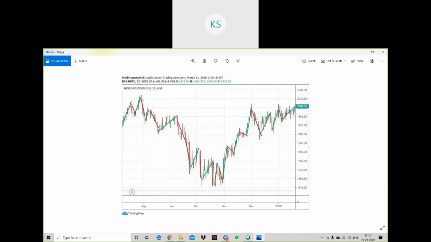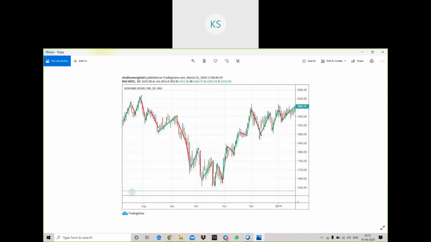If you see here, the main trend was in downward direction, and then I have drawn a green line here, so that is my expansion or a secondary trend. For example, the main trend was down, it started moving in upward direction. That will be my secondary trend. In a similar way, from here to here, it has started moving in upward direction.